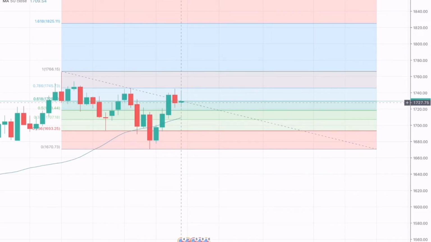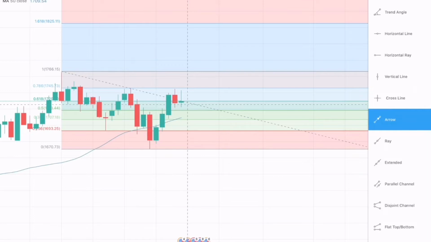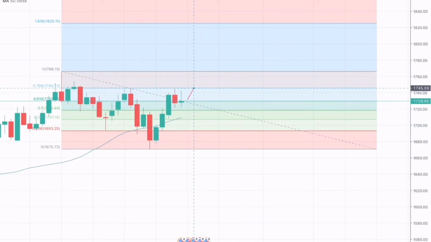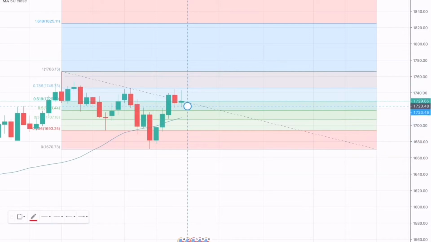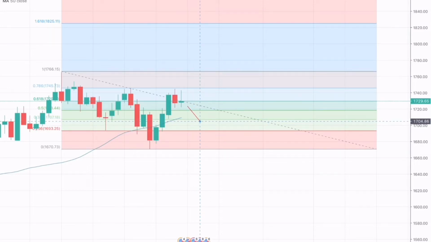However, here on Friday we have seen that the market has closed below the golden ratio of the Fib, which is 61.8. Thus, according to the Fib theory, if the market on Monday closes above this golden ratio, which is 61.8, a long position can be created. However, if we see a close of the 1-day candle on Monday at or below the golden ratio, which is 61.8, a short position can be created with take profit, and the stop loss